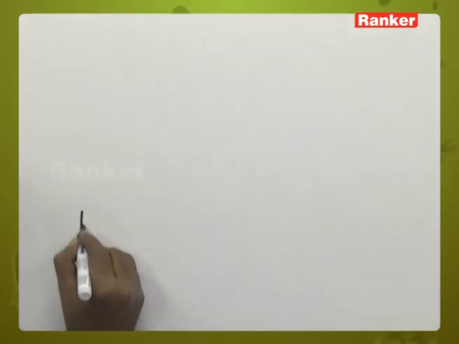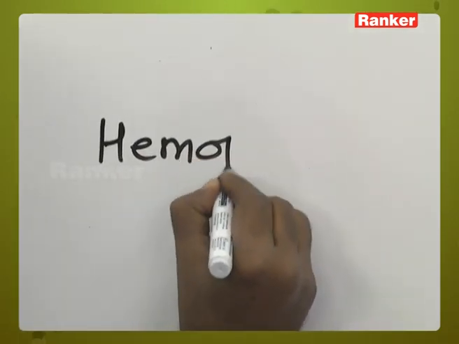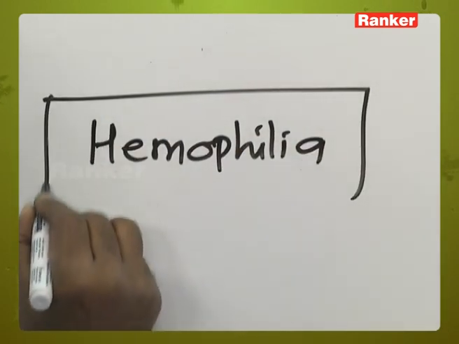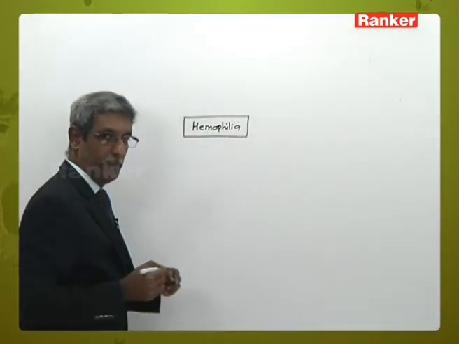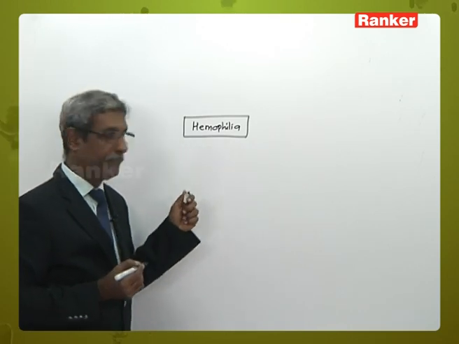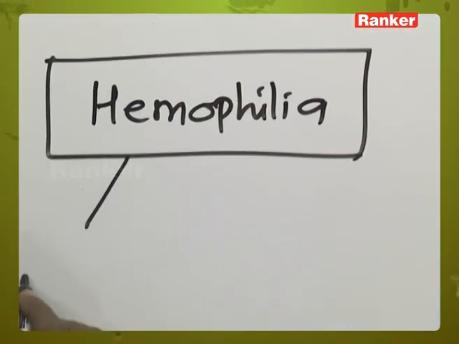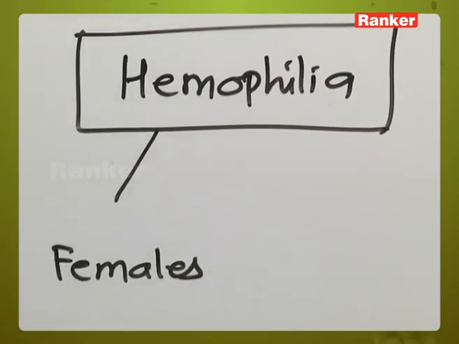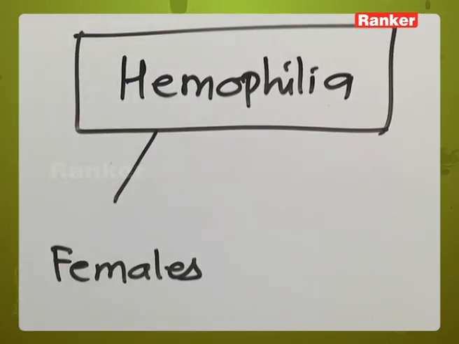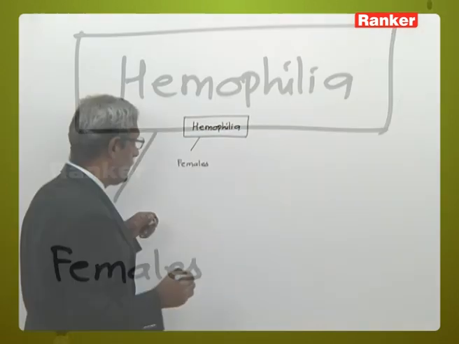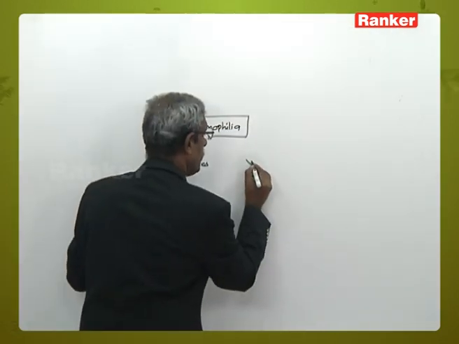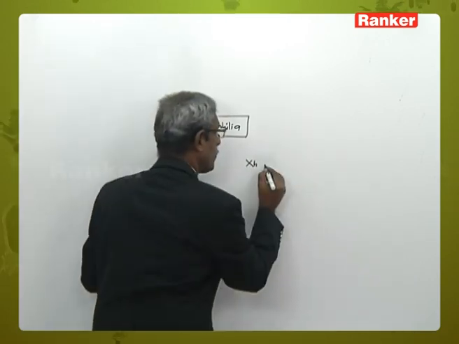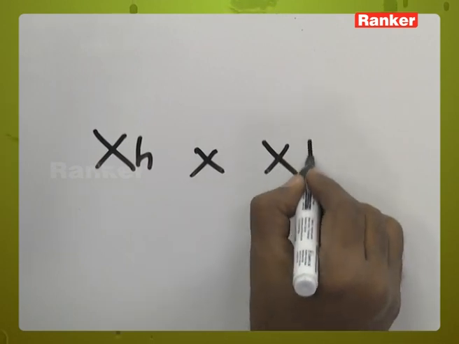When you take hemophilia, the females are hemophilic when we have an X chromosome which is hemophilic, crossed with another X chromosome which is hemophilic,